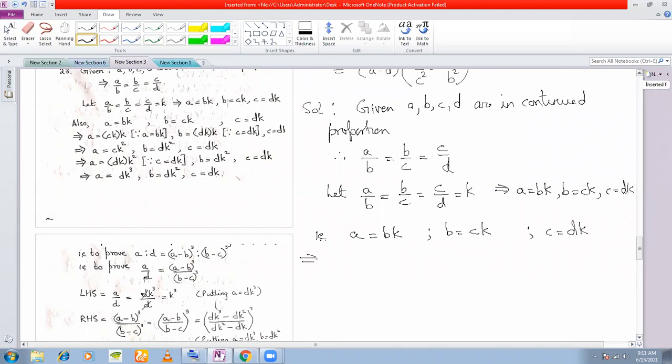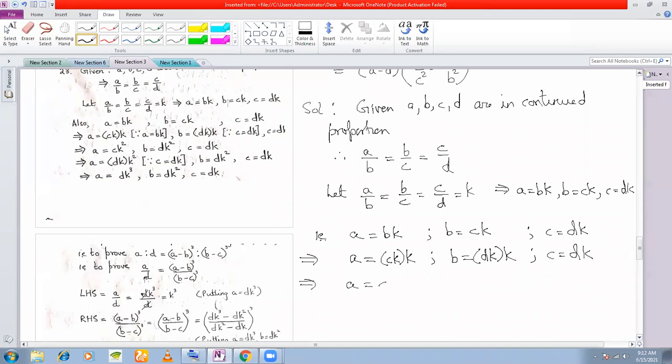All of this, we see A is in terms of B is in terms of C is in terms of D. So all these A, B, and C we try to express in terms of D. So C is already in terms of D, nothing to do there. A here, if you see, A is equal to BK. And what is B here? B is CK. Put it here. Also, B is equal to CK. And what is CK here? CK is, C is DK. So you put it. And you write C is equal to DK as it is.